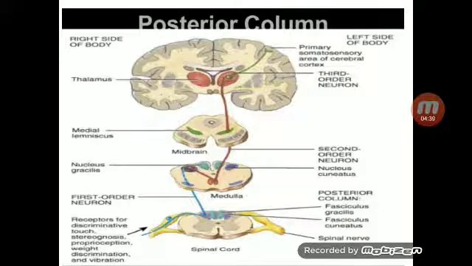They move up in a special structure called the medial lemniscus. That's why the name dorsal column medial lemniscus system, which moves up through the brainstem and converges onto special nuclei located in the thalamus, known as the ventroposterolateral nucleus. From here, the third order neuron arises, which is shown in green color here. These axons move through the posterior limb of the internal capsule, then project up as the corona radiata and go to the cerebral cortex. Please practice making these diagrams because these are really important ones.